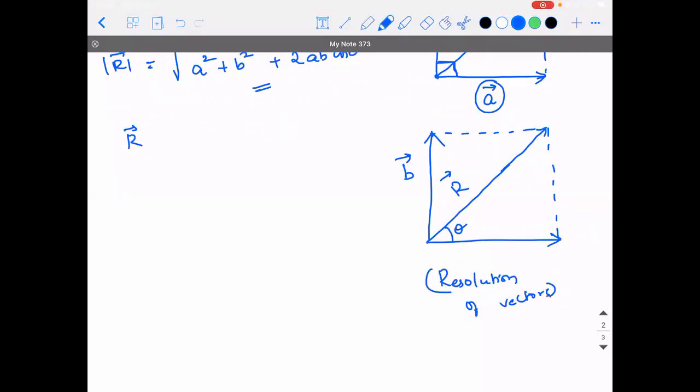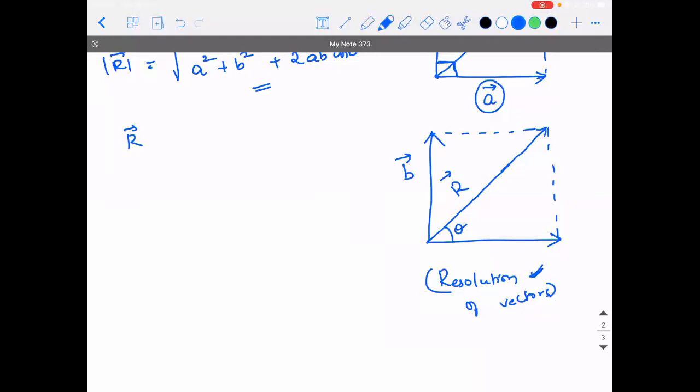This is the only concept I had left out when I taught vectors, because at that point it was not of much use. But from this chapter, yes, you need to apply it at every place. So I'm suggesting you again, listen to this carefully. If there is any doubt, get it clarified. The topic we are going to discuss now is resolution of vectors. Resolution of vectors is nothing but a given vector being broken down into two perpendicular vectors.